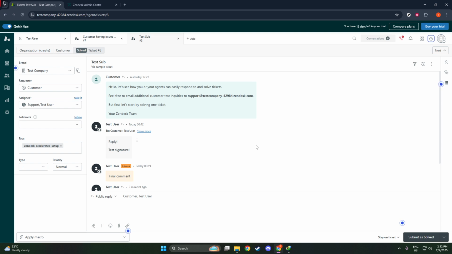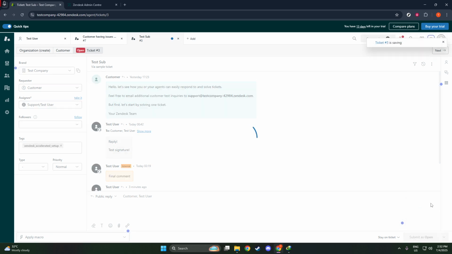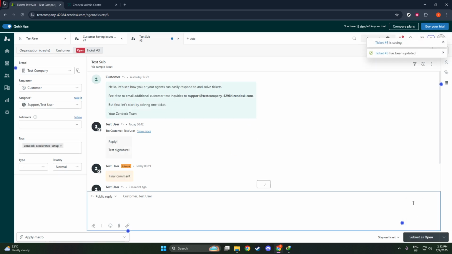Within this menu, look for the option labeled Open. By selecting Open, you are effectively changing the status of the ticket to indicate that it requires immediate attention or further action. This step is crucial because it signals to your team, or to yourself, that this ticket is active